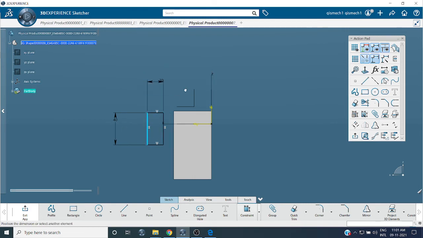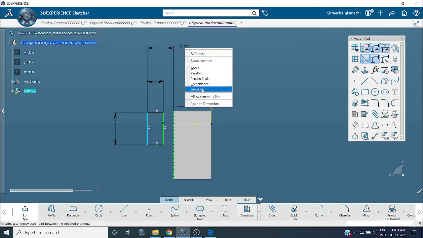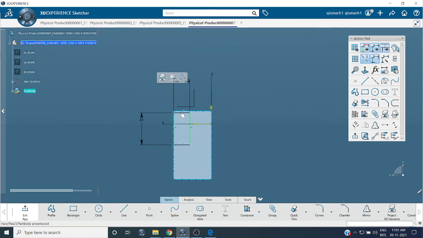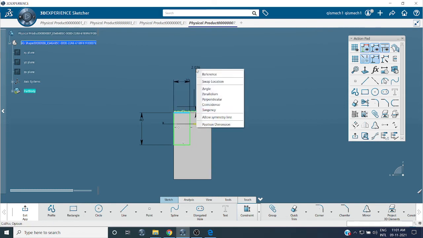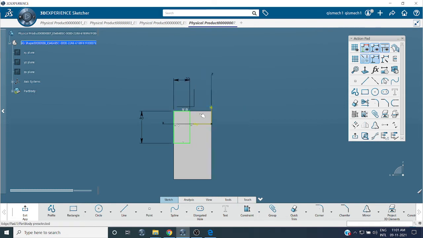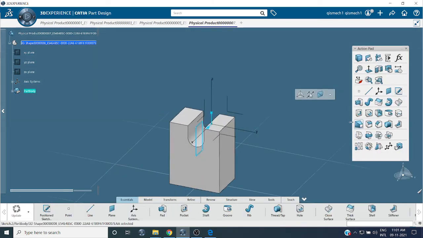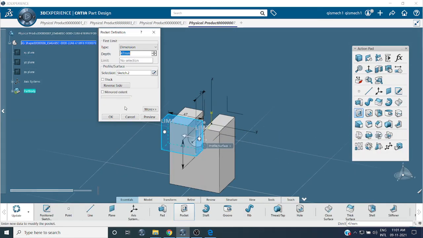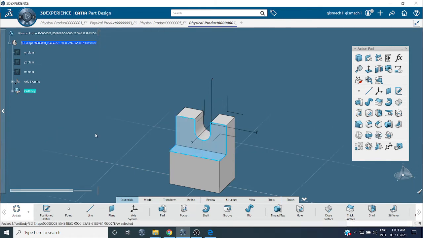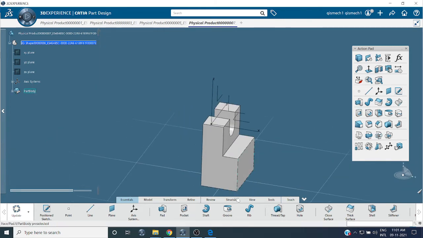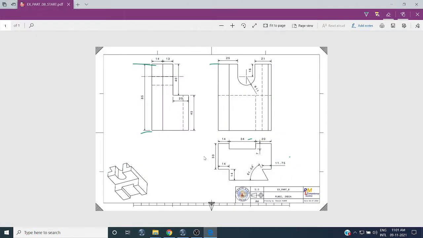We will make coincidence, right click, coincidence from this point, this line, right click, coincidence. Okay, exit sketch, mirror extend, give some extended dimension, preview. Okay, this one is completed.